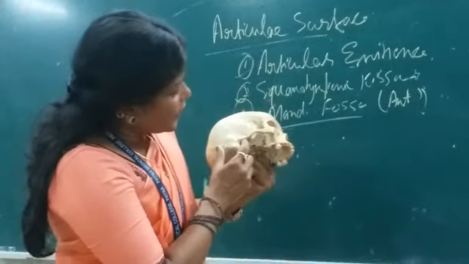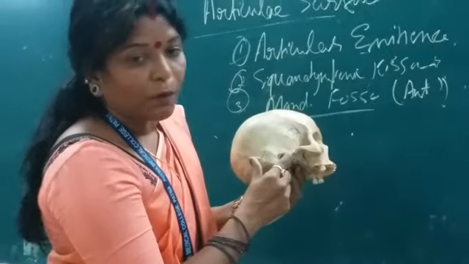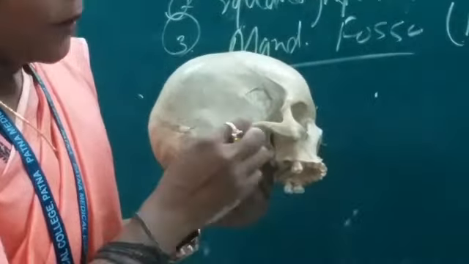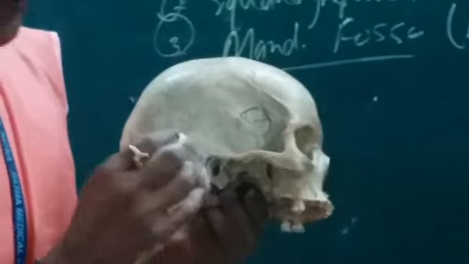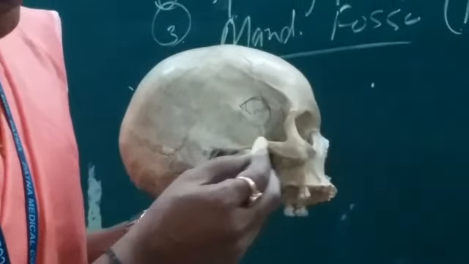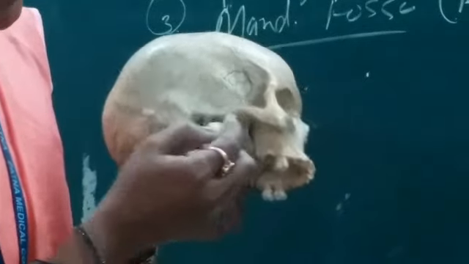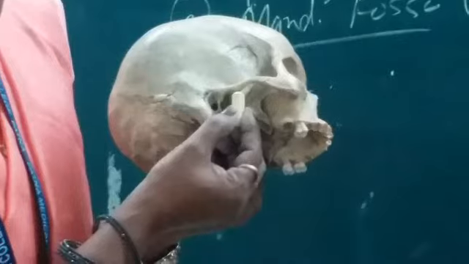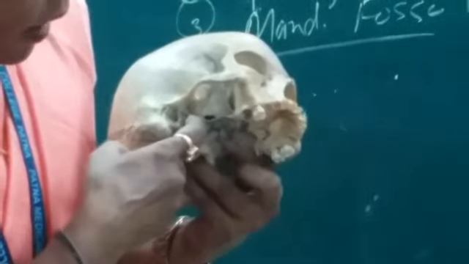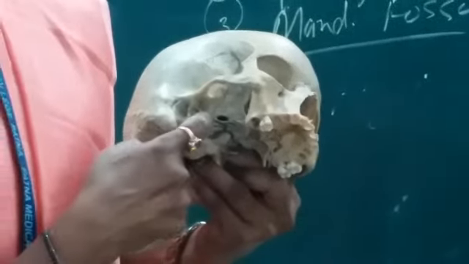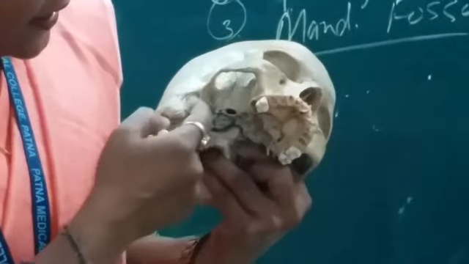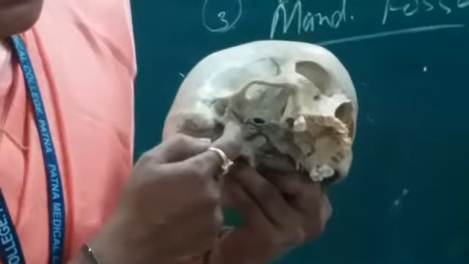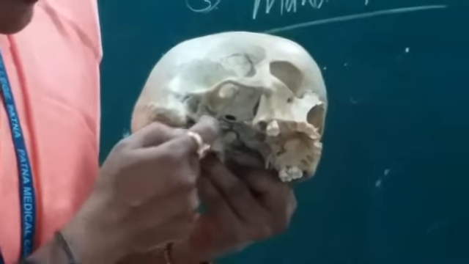Look here, this is the root of the zygoma. When we discuss the temporal bone, you have been taught about it by your batch teachers. It is the zygomatic process here. Here it is the root of the zygoma, here the articular eminence, and here the squamotympanic fissure. The squamotympanic fissure is present between which parts? Between the articular and the non-articular part of the mandibular fossa, squamous.